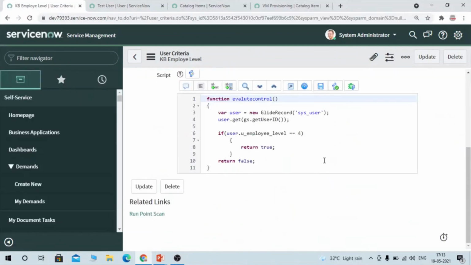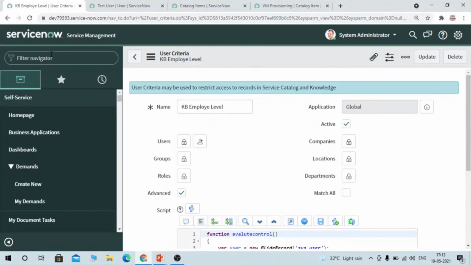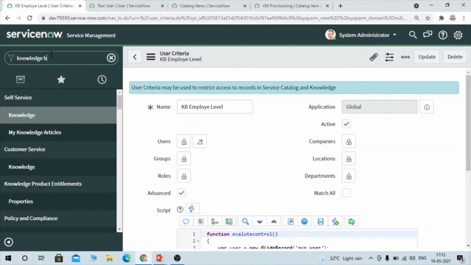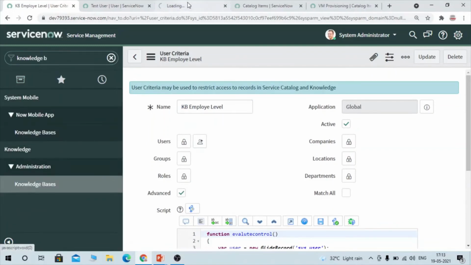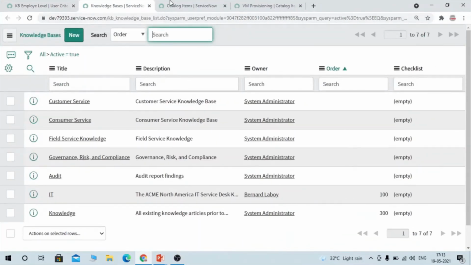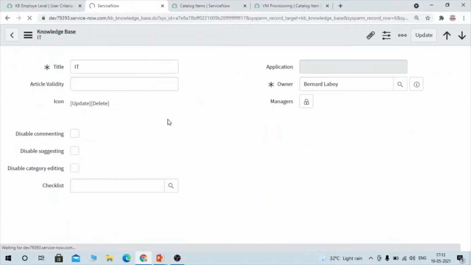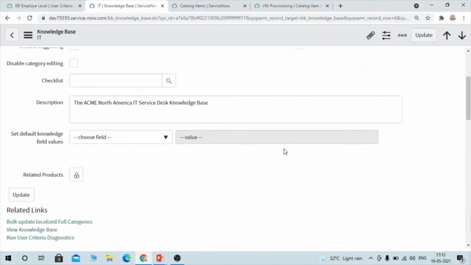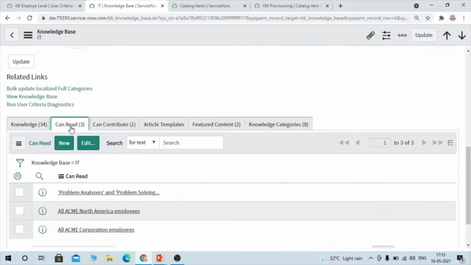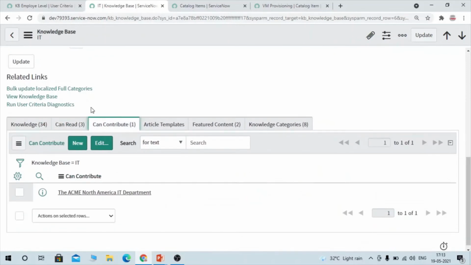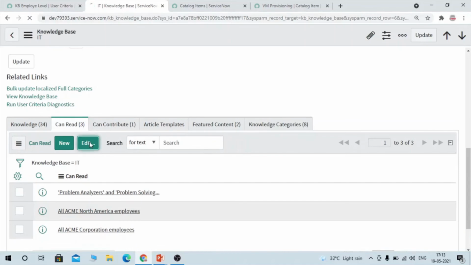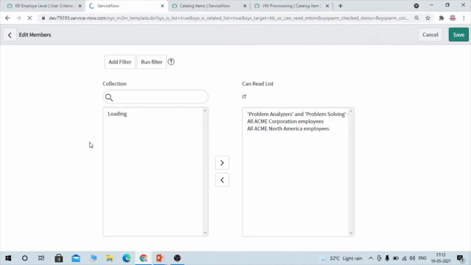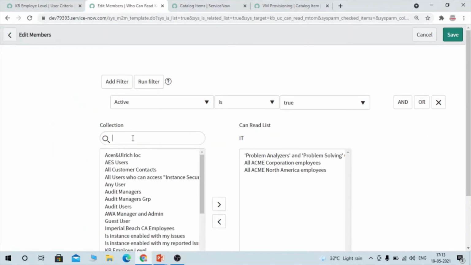Okay, so we are done with our user criteria. Now we are going to go to the knowledge base, and here we have the IT knowledge base. Here we are going to add the knowledge criteria which we have created. You have the options here: can read, can contribute. For can read, I am going to add the user criteria which I have created just now. So what is the name? KB employee